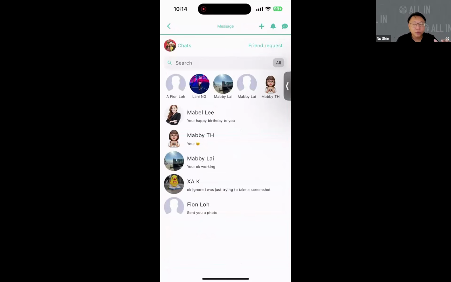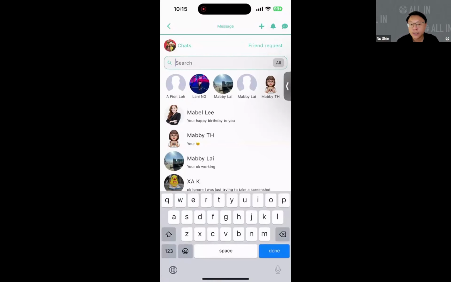You will be able to use all the basic functions of texting. You are able to send rich media as well, photos, videos. That is all available over here. The recent chats will be listed out there. So just in case you want to start a new chat, either you scroll through here to look for your friend, or you can simply type to search for the friend's name, right?